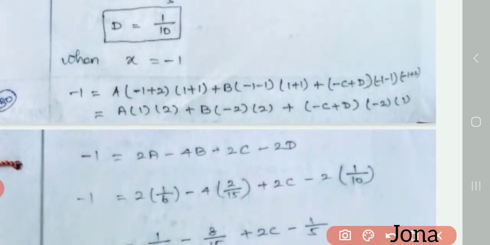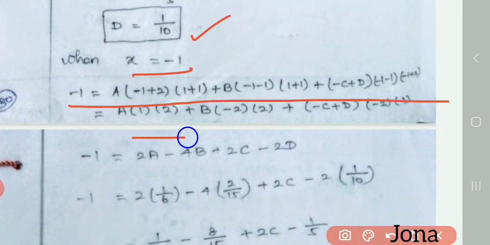So now d equal to 1 by 10. But now we got the values of a, b and d. I want to know the value of c now. So for this also I want to take some other substitution there. So I want to take x equal to minus 1. Either you can put x equal to minus 2 or plus 2, something like this you can put there. Okay, so x equal to minus 1 in the long equation.